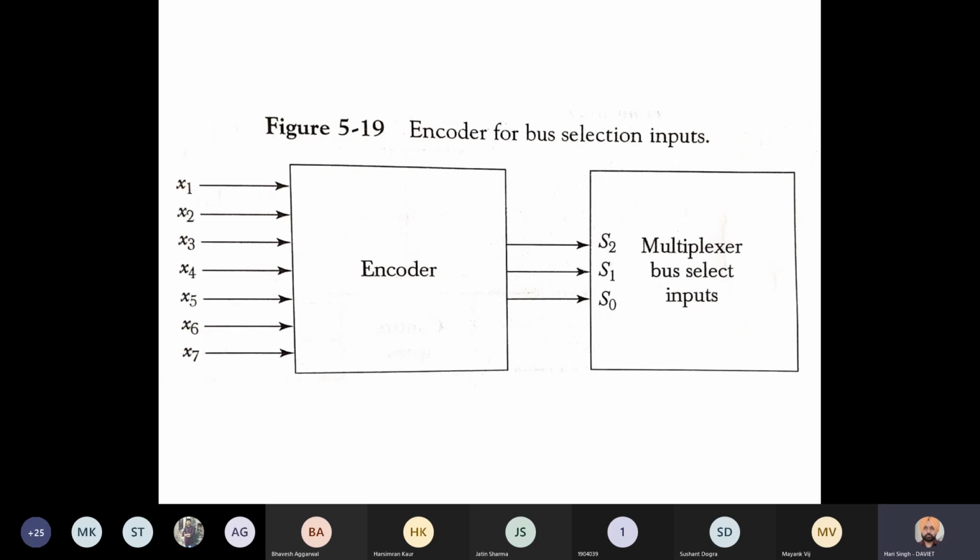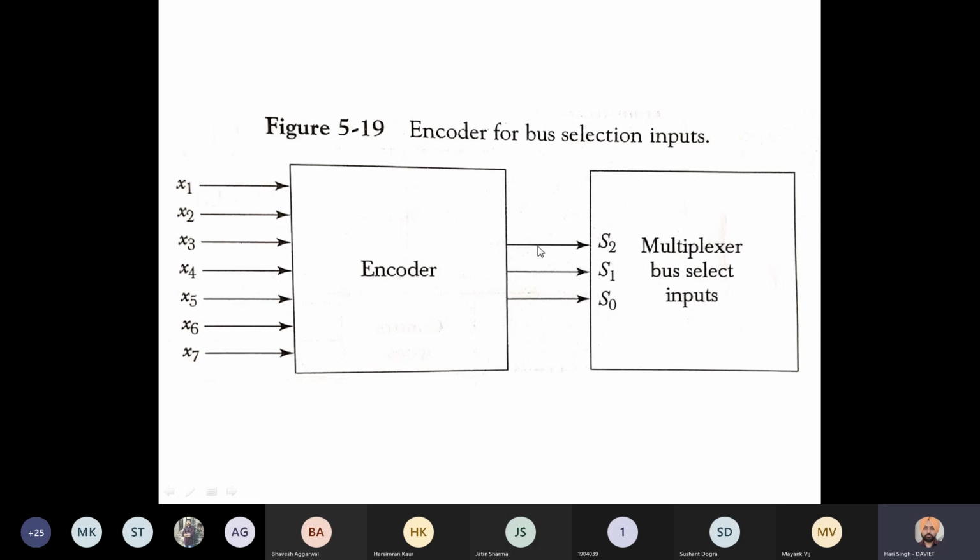For example, at a time one input of this encoder will be activated, either X1, X2, X3, X4, X5, and so on. If X1 is active, the signal generated at the output of the encoder will be 0, 0, 1.